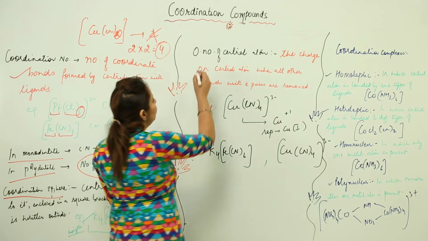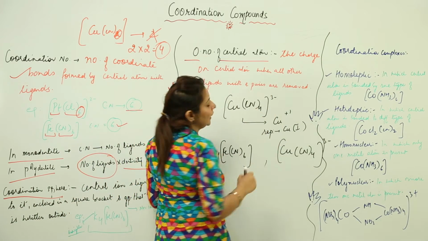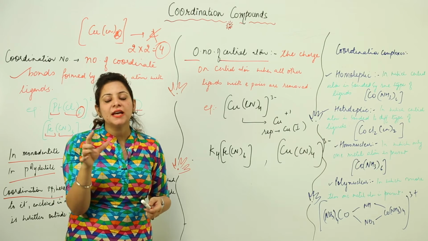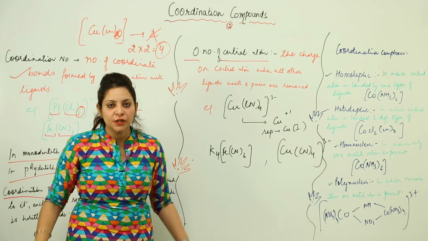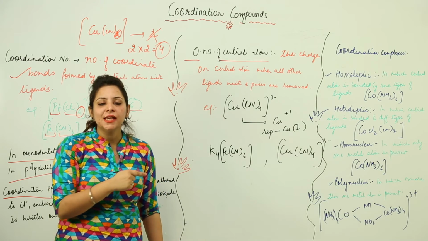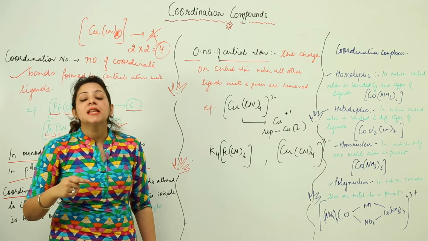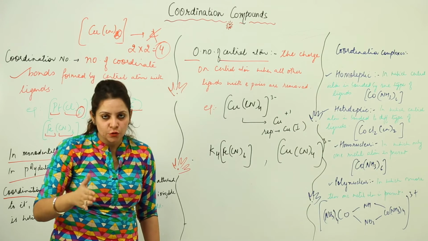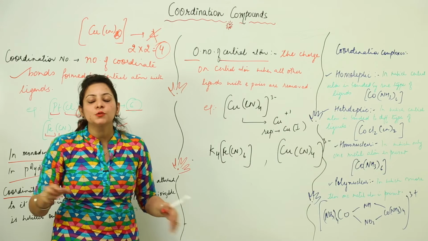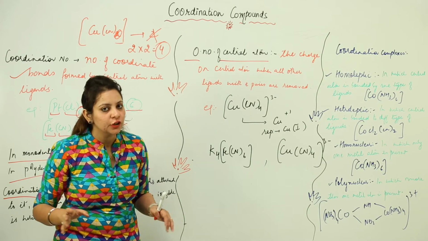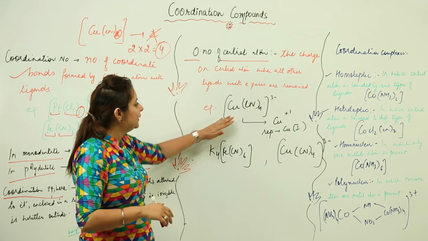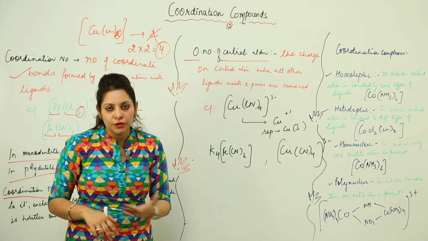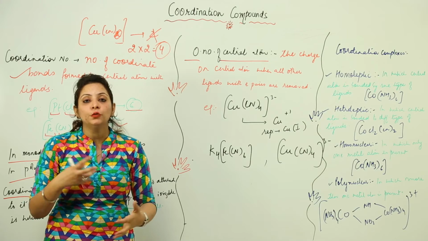Now what do we mean by oxidation number of central atom? As you all know, oxidation number is the residual charge which is left on the atom when all other atoms are removed from it. Similarly, in this case we will define in a similar way that the oxidation number of the central atom is the charge possessed by the central atom when all other ligands with their electron pairs are removed. So for example in this case it comes out to be +1. You do not need to remember that, you actually have a formula to find it.